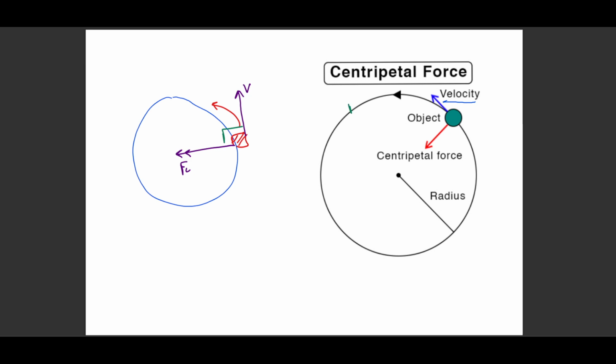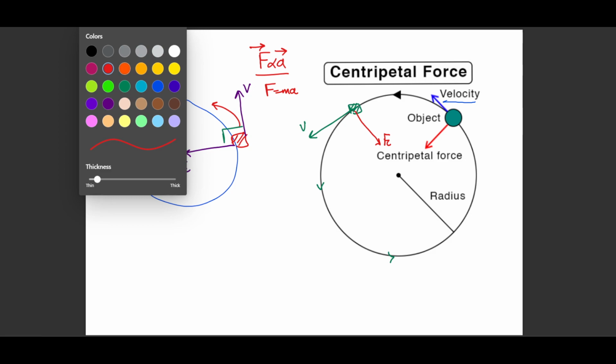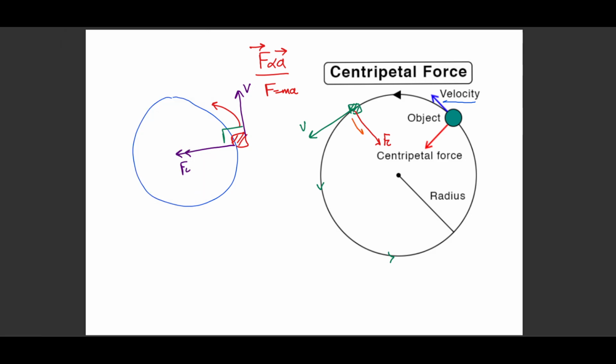For example, if an object were at this location, the component of tangential velocity will still be in this direction, according to the direction of the circular motion, and there will be a component towards the center of the circle representing the centripetal force. According to the second law of motion, a resultant force produces an acceleration, F equals ma, so in whatever direction there is a force, there will be an acceleration as well. So the component of acceleration is also towards the center of the circle, which is represented as ac, and Fc